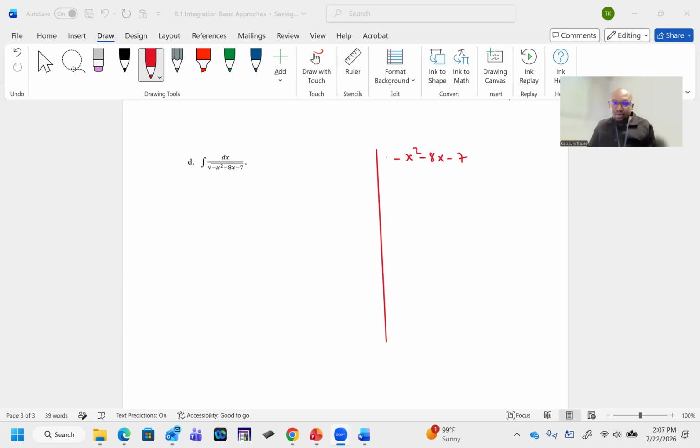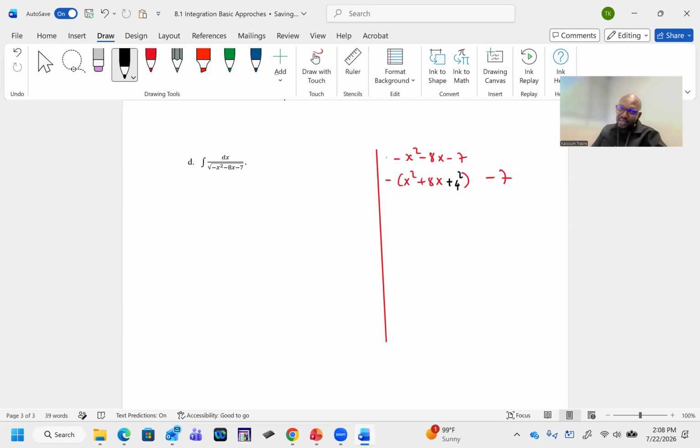Again, what I was saying is I'm going to factor negative on these two terms and then minus these 7. So you remember how to complete a perfect square, right? So this is 8. So we divide 8 by 2 and add the square of that. So we'll be adding 4 squared. But if I add 4 squared, it's just like there was no this 4 squared here, which is what? 16, right? Minus. So I have to